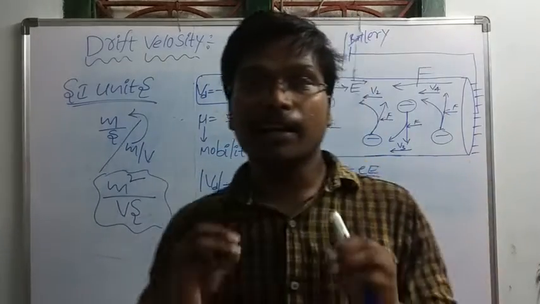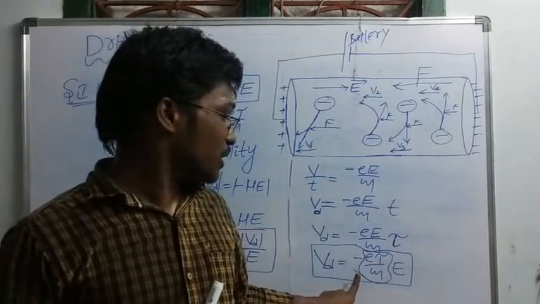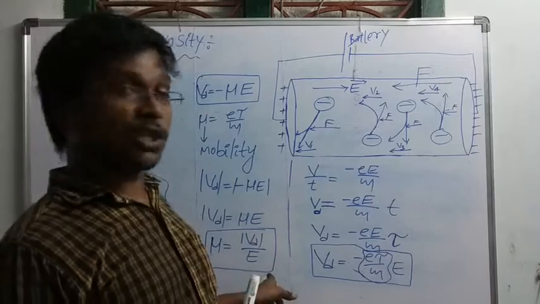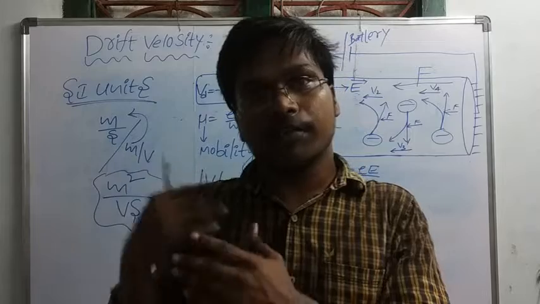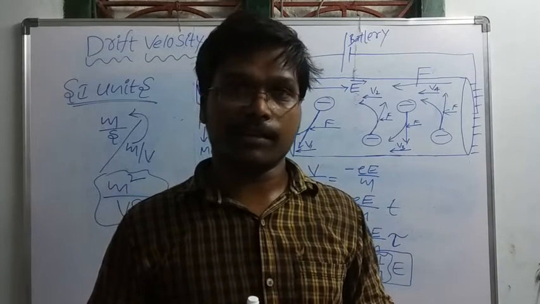This is the complete explanation about the drift velocity. You must remember it like this. This is the final expression. After this final expression, you can remember what conversions I made. Okay, this is the explanation of drift velocity. I hope you understood the class. If you have any doubts, please ask after watching the video. Okay, thank you.